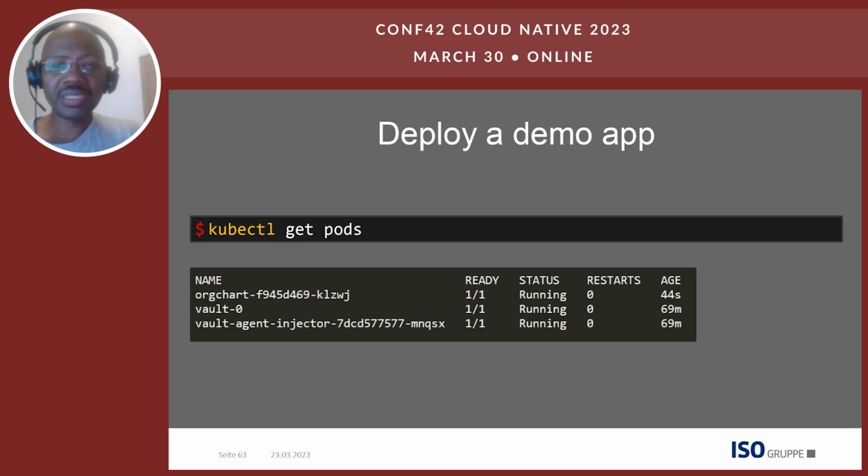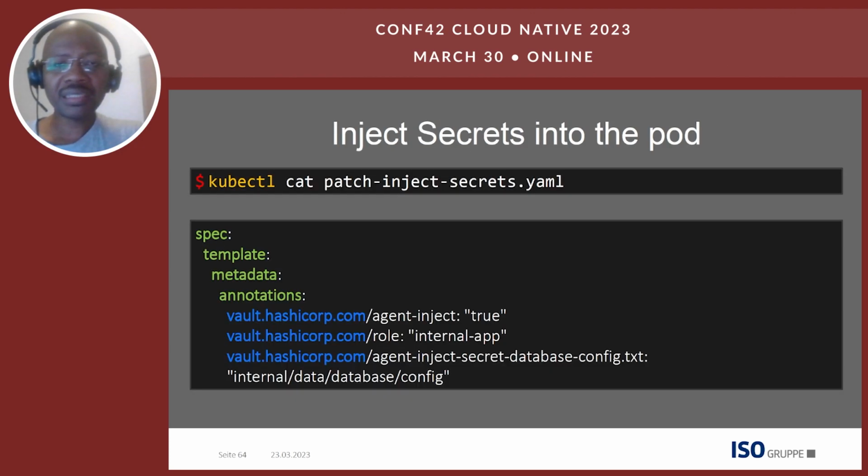So I can see now that I have created the demo app. Its container is running alongside the other Vault containers, the Vault server here with name vault-0 and the agent injector. Now let's inject secrets into